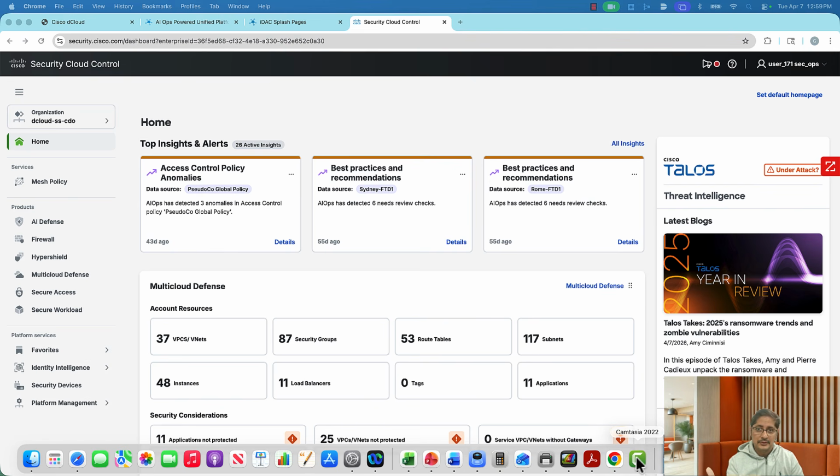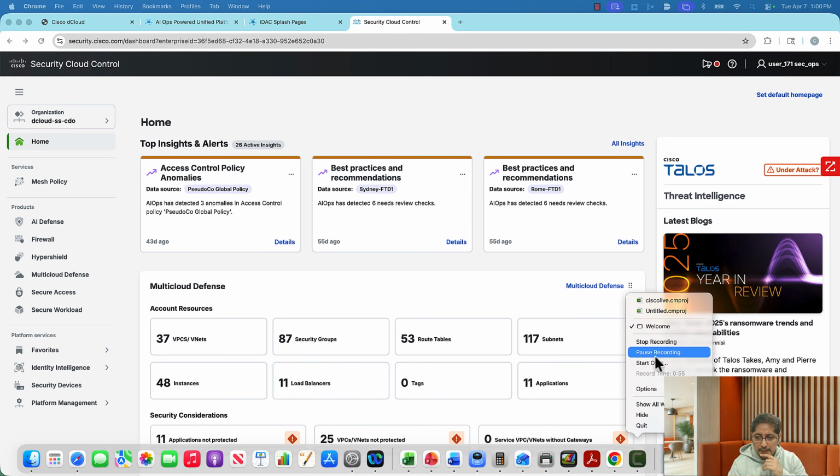So if you are a Cisco Security Customer, you have access to Cisco Security Cloud Control. And if you have access to Security Cloud Control, then you have access to all the Gen AI or AIOps for firewall, right? Let's just take a look at this, right? Right here, I have, let's see,